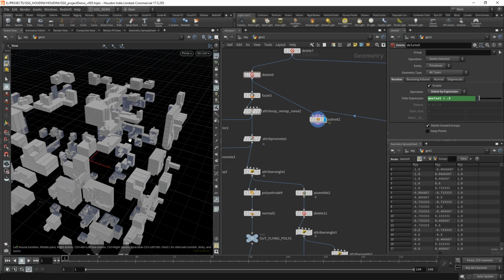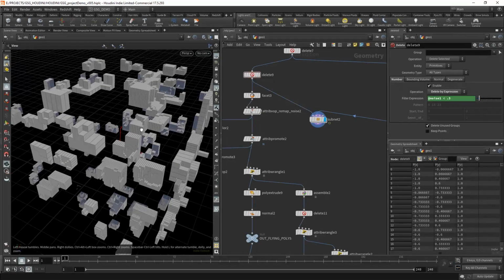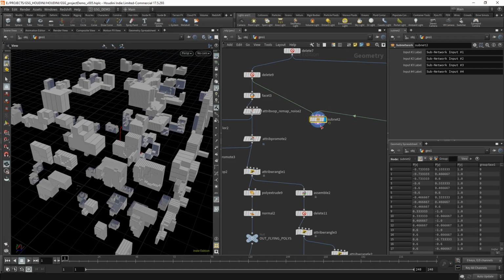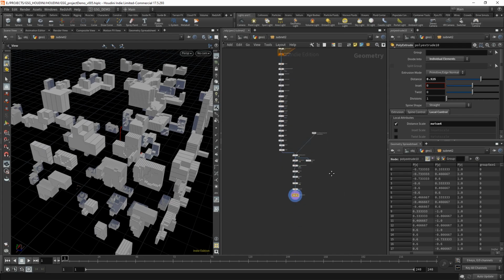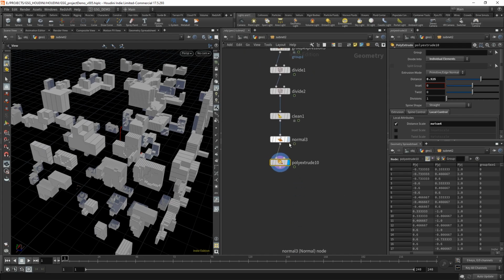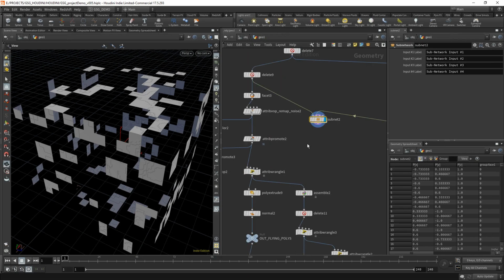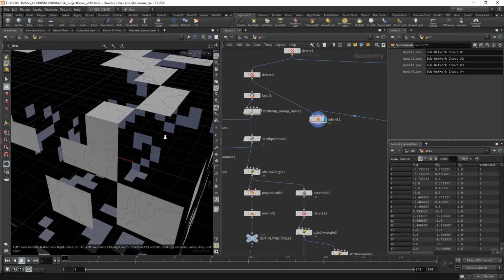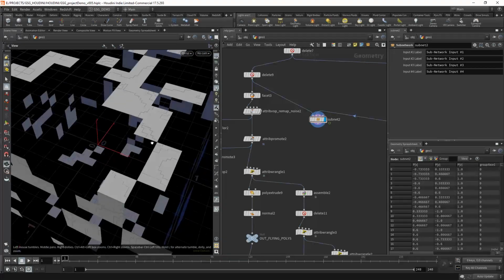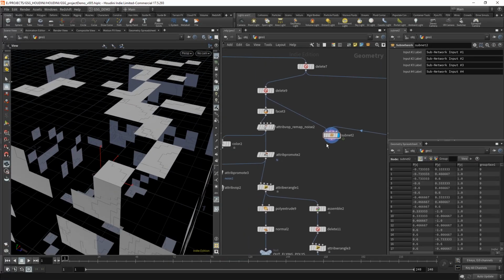Now, I don't want these to be extruded. So what I'm going to do is come into my subnet. I'm going to come all the way down to the bottom. We're just going to put the visibility flag on normal 3 and not poly extrude 10. Okay, so now I can see that all of my shapes are very nicely broken up. Great. And instead of being all regular shapes like this, they are now these kind of broken up shapes, which